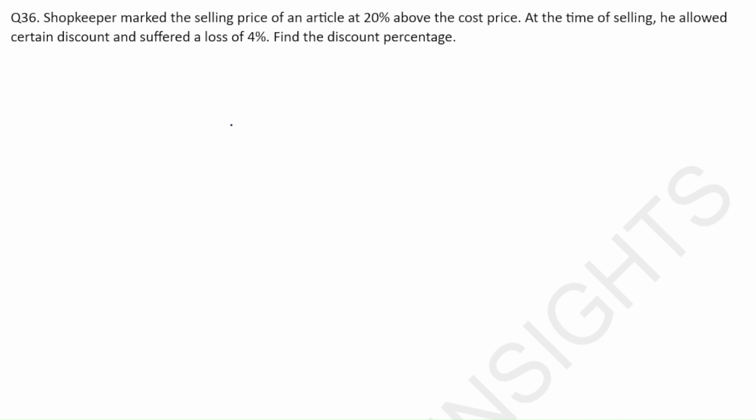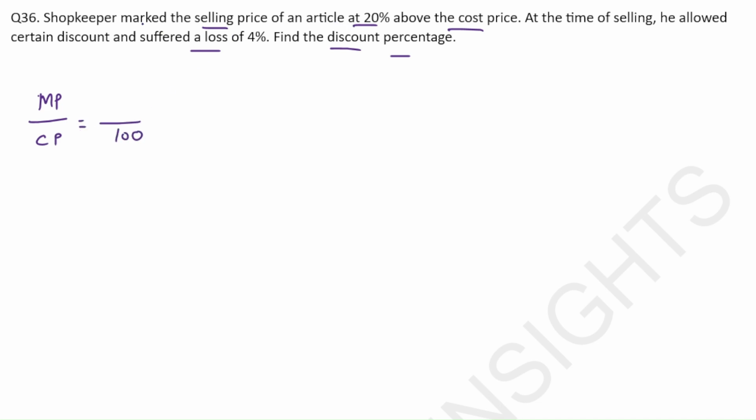Next question. Shopkeeper marked the selling price of an article at 20% above the cost price. At the time of selling, he allowed a certain discount and suffered a loss of 4%. So we have to find the discount percentage in this question. So the shopkeeper marked the selling price of an article 20% above the cost price. That means mark price by CP. If the cost price is 100,